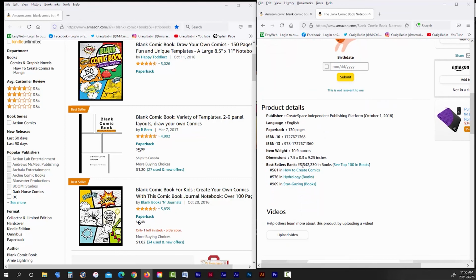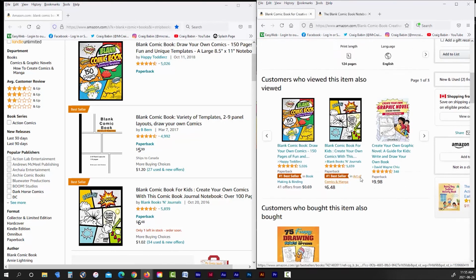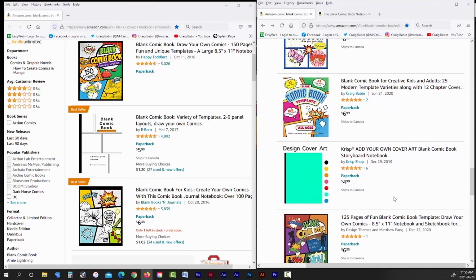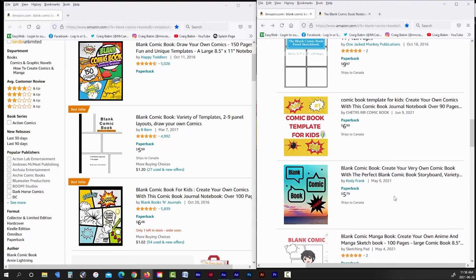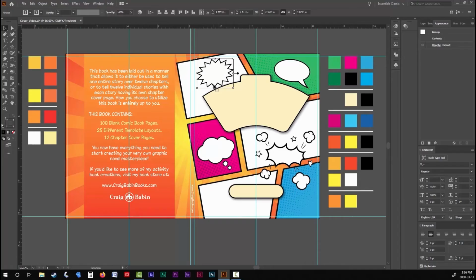If we look at the sales ranking for this book, you can see it's around 3.5 million. Now, if we take a look at my book, which I uploaded in 2020, almost 2 years after that book, my sales ranking is around 900,000, which is not a great sales rank by any means, but it's a heck of a lot better than 3.5 million. At least I'm selling books somewhat consistently. And the reason is, I'm not copying anyone else, so my book kind of stands out a bit from all the other ones around it.